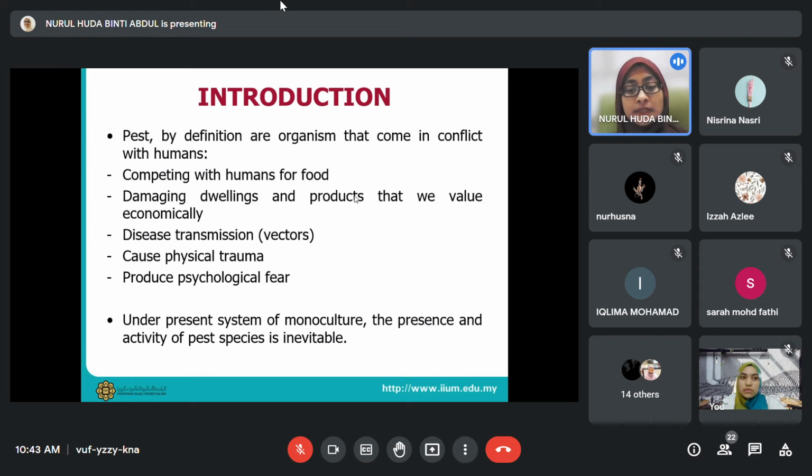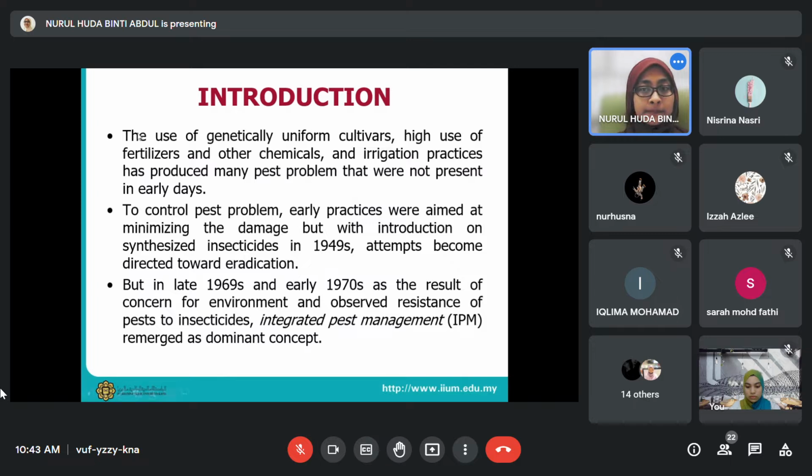Selalunya memang macam tu, instead of kamu tanam pelbagai campur, yang tu selalunya akan less effect from the pest. Okay, here pun sama, like I said, the use of genetically uniform cultivar, which is monoculture tadi, high use of fertilizer and other chemicals, and also because of irrigation practice has produced many pest problem which is not present in